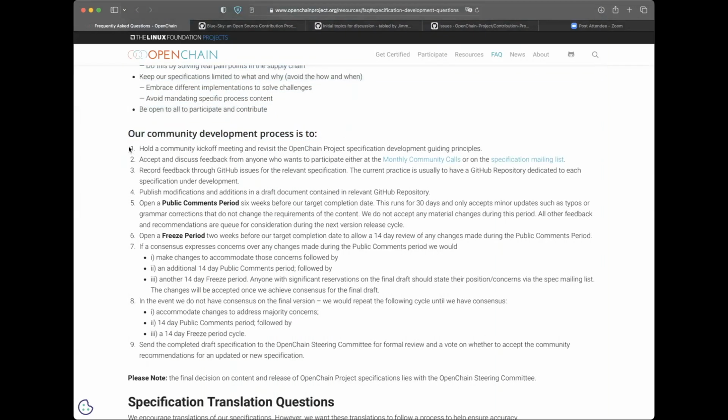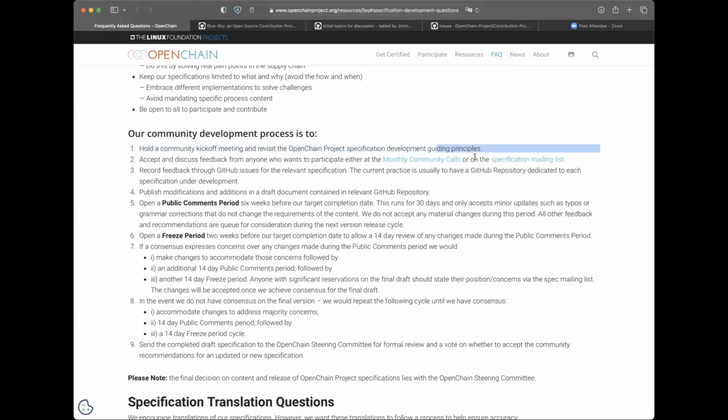We're at stage 1. Hold a kickoff call to talk about our guiding principles. So of course, a lot has happened before this call. We've had the idea of a contribution specification, and we've had some discussion around it. That has been captured on GitHub, and we will review that in a few minutes. But now we're formally doing it. This is where we start developing the specification, and this kickoff call sets the tone for our approach, explaining our methodology and our aspiration.